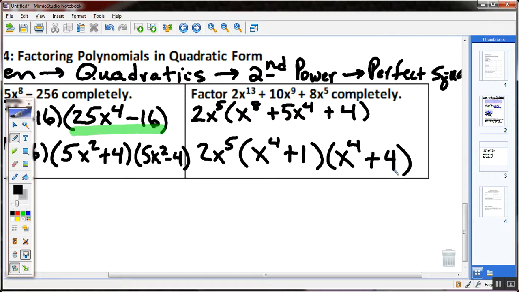Get to that point right there. Say, gosh, there's no x squared term in here, so I can't work with that. And there's no x squared term in here, can't work with that. So you're pretty much done. Okay, these are plus signs, so I can't work with that. That's probably it right there. Okay,